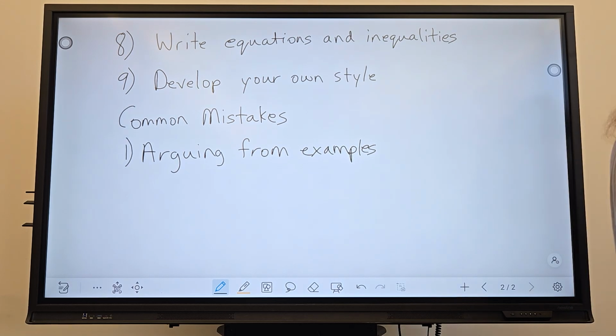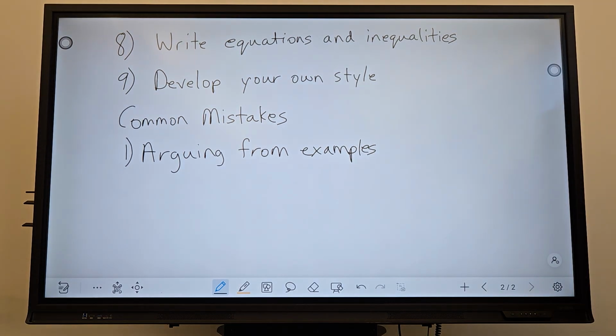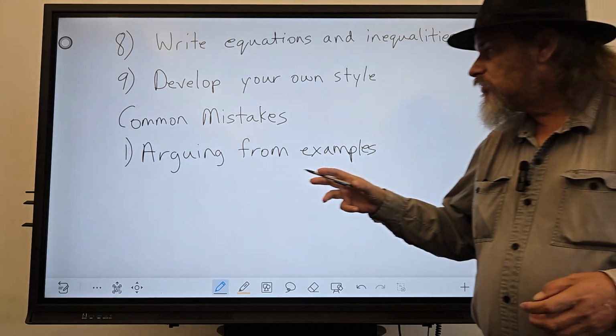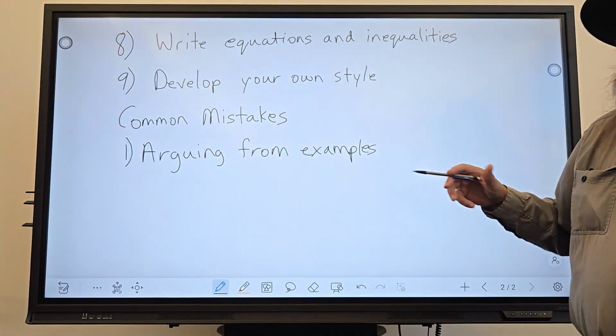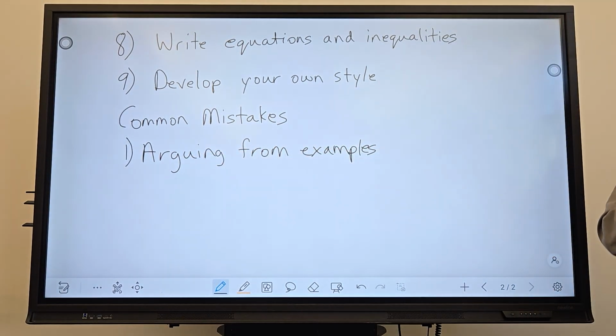Looking at examples is one of the most helpful practices a problem solver can engage in, and is encouraged by all good mathematics teachers. However, it is a mistake to think that a general statement can be proved by showing it to be true for some individual cases. A property referring to a universal statement may be true in many instances without being true in general. The only way you can use arguing from examples is by doing an exhaustive proof,